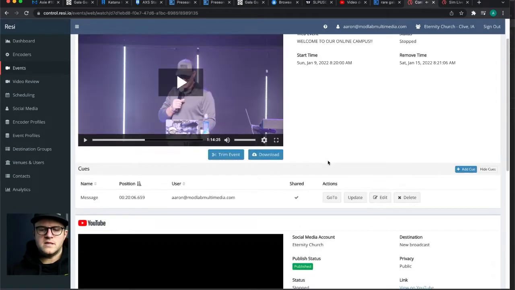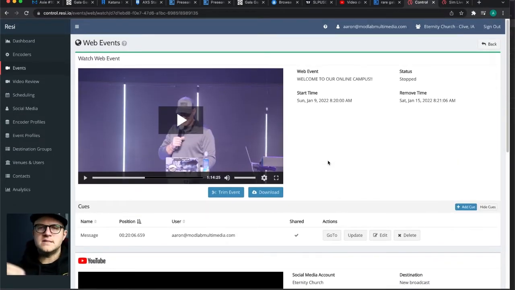So what you want to do, and this is how you trigger Resi to look at this video for the next sim live rather than the most recent, is this trim button here, and it doesn't have any description. If you hover over the button, all it says is trim event. So one other thing I want to do real quick before I've already set this in point for the message.